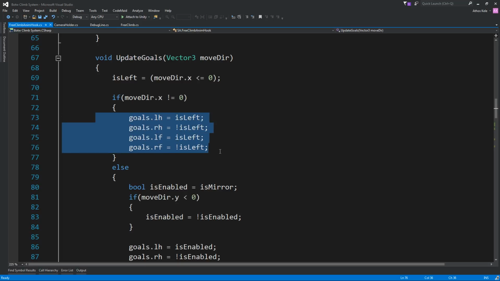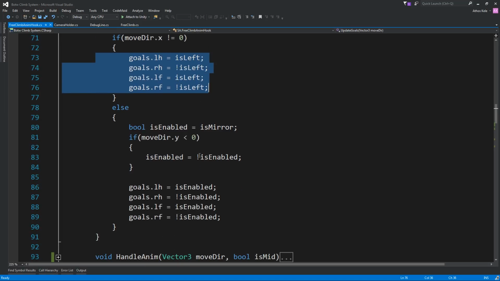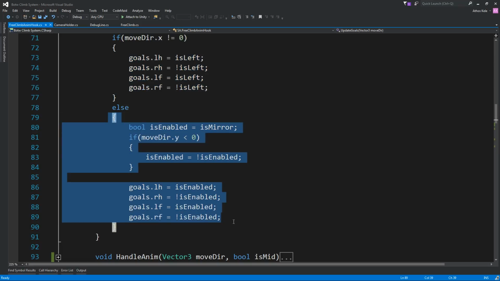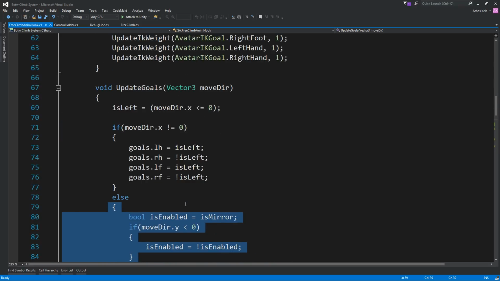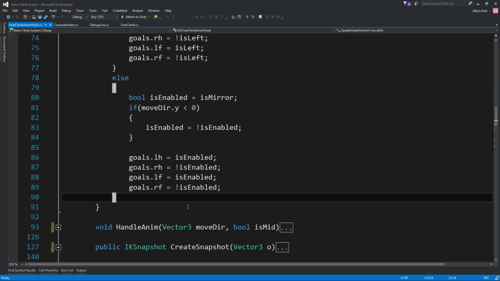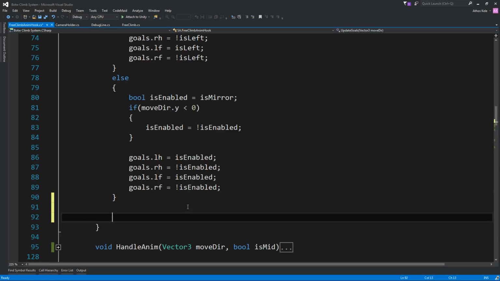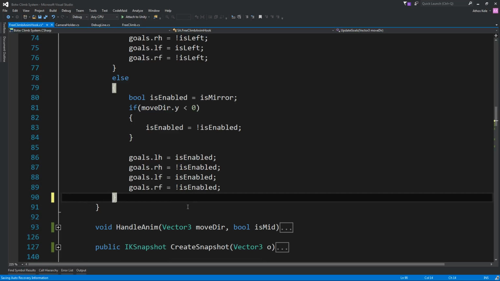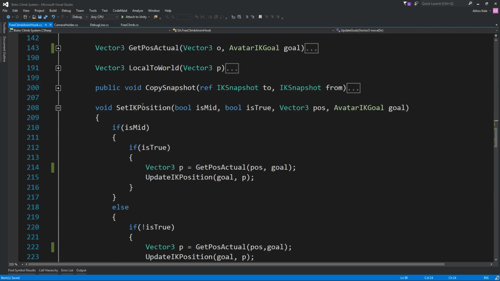Okay, let's go into update goals. This tells us what we should update or not when we're going down. Otherwise, this will give us, yeah. So technically, if we say, let's see, though we need to have the actual position for this. Let's think a little bit more.